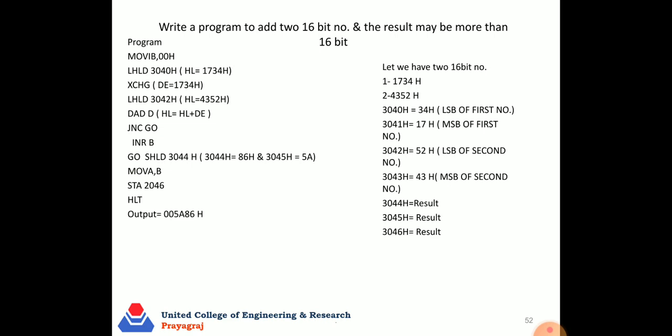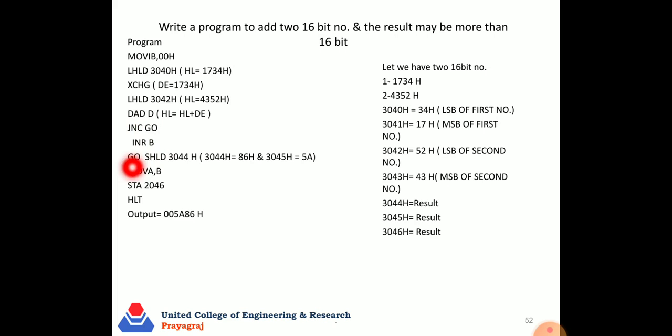As I said earlier, jump is a more powerful instruction, because it changes the sequence of execution of the program. So if the condition becomes true, it directly jumps to this instruction. That means this INR B is skipped. Skipped means B stays 00 because this instruction is skipped.